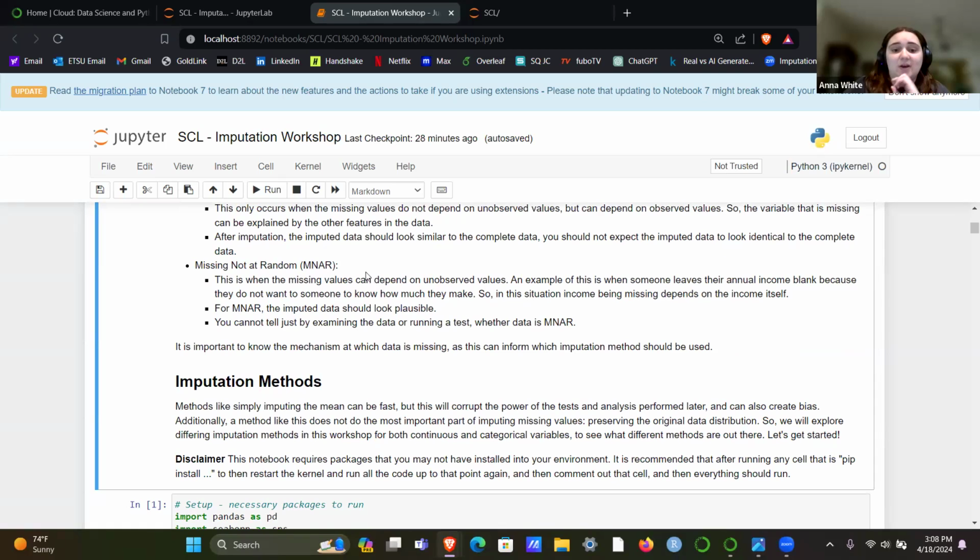This is when missing values occur on something that is unobserved in your data. The example I gave was perhaps there's a simple survey and people are just reporting what their income is and things like that. And maybe somebody makes a lot of money, a lot more than everyone else, and they think that everyone will